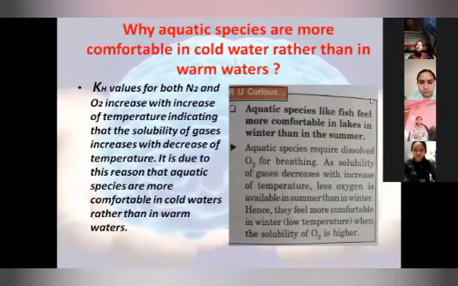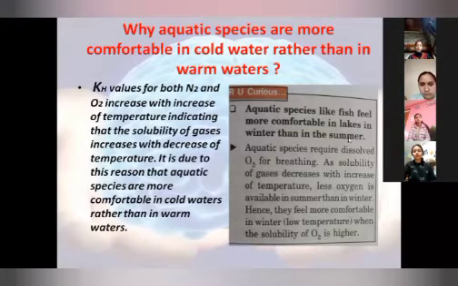Because they have evolved themselves to live in cold water. Okay, but this is not the right reason according to the topic we are discussing. Beta, why did this question come in this topic? Although the answer is written here, you are not going through it. Sir, because oxygen is less during summertime. Because oxygen is less during summer, or oxygen evaporates in hot water, or you can say the solubility of oxygen in water decreases with the increase in temperature.